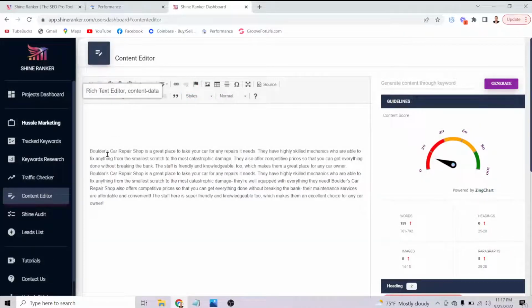So there you go. It says Boulder's Car Repair Shop is a great place to take your car for any repair it needs. They have highly skilled mechanics who are able to fix anything from the smallest scratch to the most catastrophic damage. They also offer competitive prices so you can get everything done without breaking the bank. And you can see it's just generic stuff about, in this case, Boulder's Car Repair,